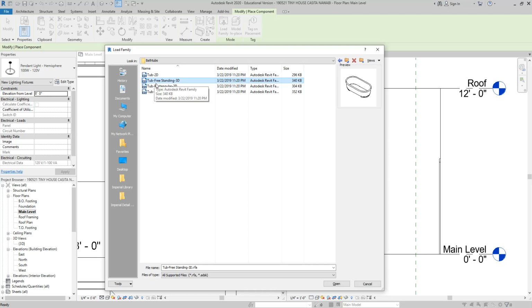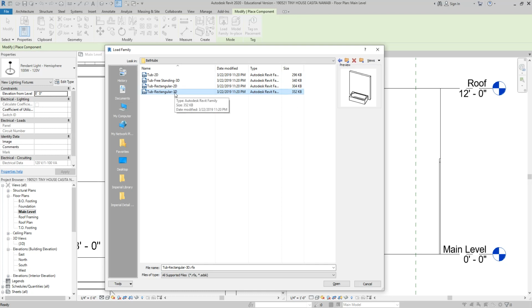We pretty much have only two 3D bathtubs to choose from. Do you see that there's a freestanding, and then there's another rectangular tub, and do you see that there's a wall attached to it? That means that it needs a wall to go into the project. That's because it's going to be looking for plumbing. Okay,